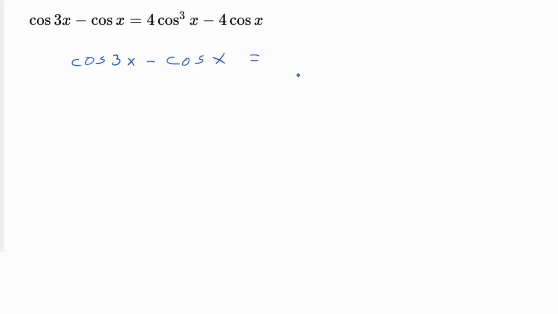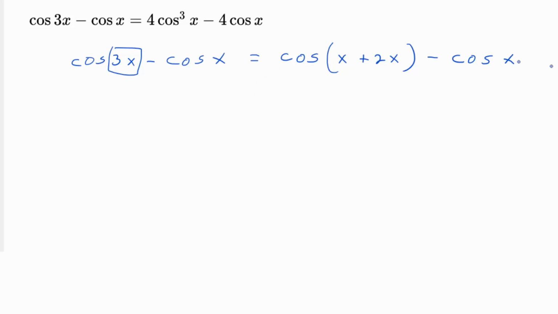So the trick, I gave you a hint in this one. The trick was to rewrite the 3x as x plus 2x, and you need to add in the parentheses if you do that. And then we still have the minus cosine of x on the end. And when I use this trick, I have in mind that I want to use the sum formula for